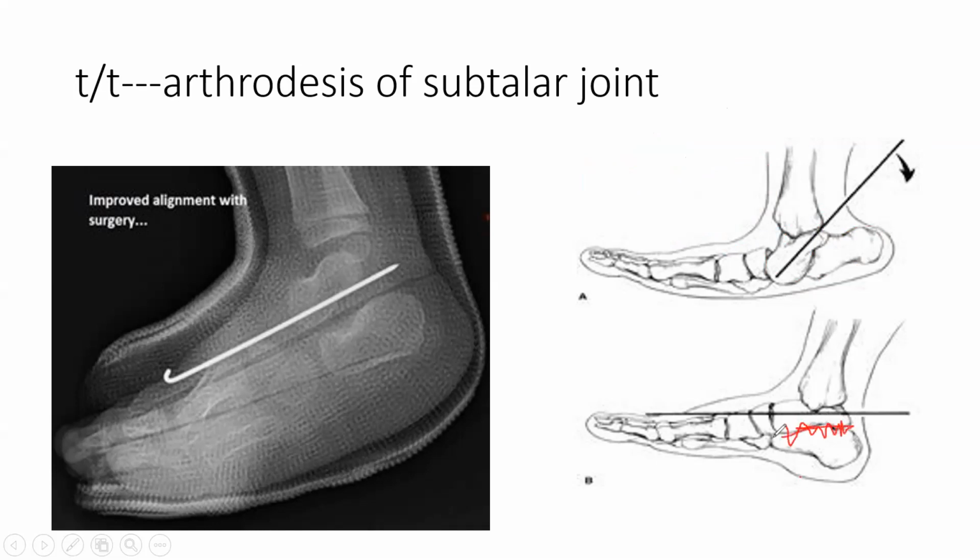Okay, how will you fuse this joint? Either by a screw or by putting bone graft. So you have to do arthrodesis of this joint, the subtalar joint. Talus के नीचे के joint को subtalar joint बोलते हैं. So you put this K wire in the talus and ये joint को हम fuse कर देते हैं, so that it will remain in this position. So subtalar joint का arthrodesis करते हैं. So it is a talus calcaneum issue.